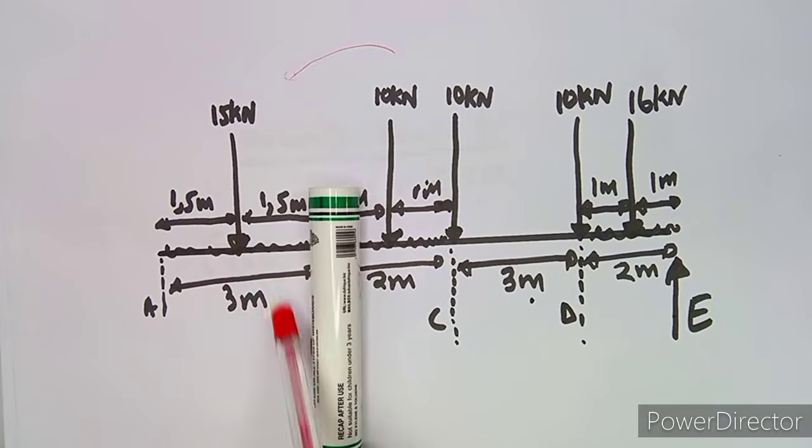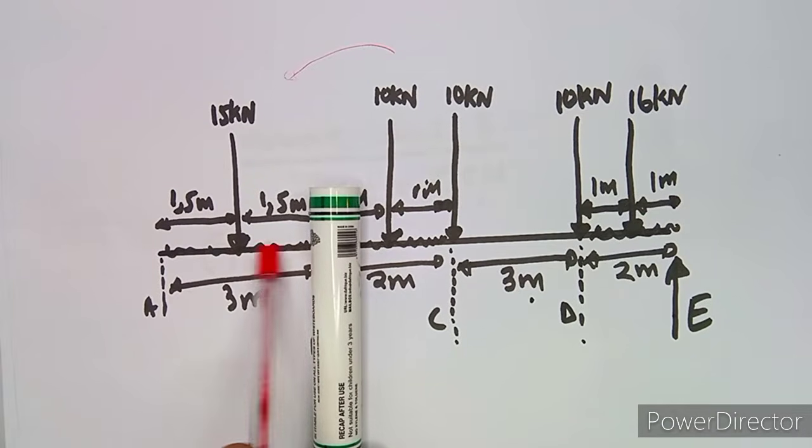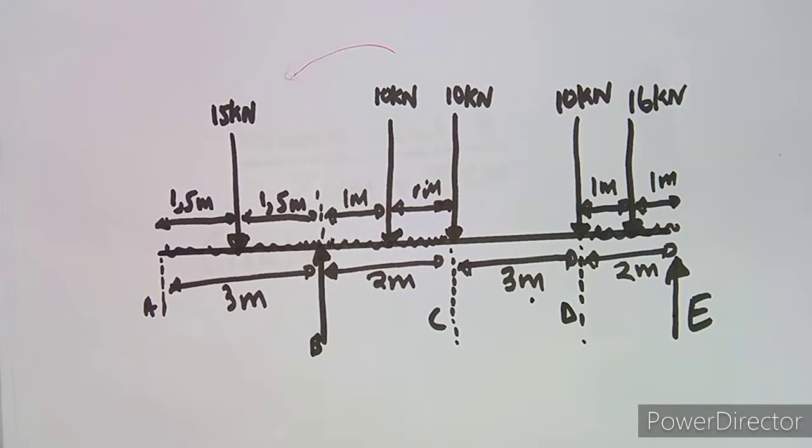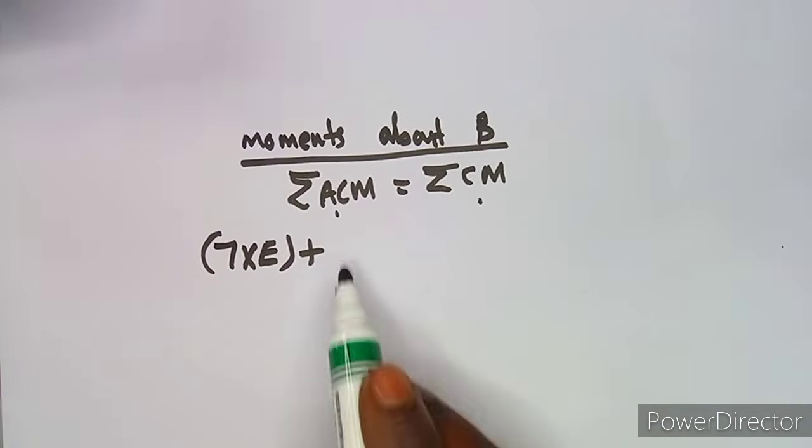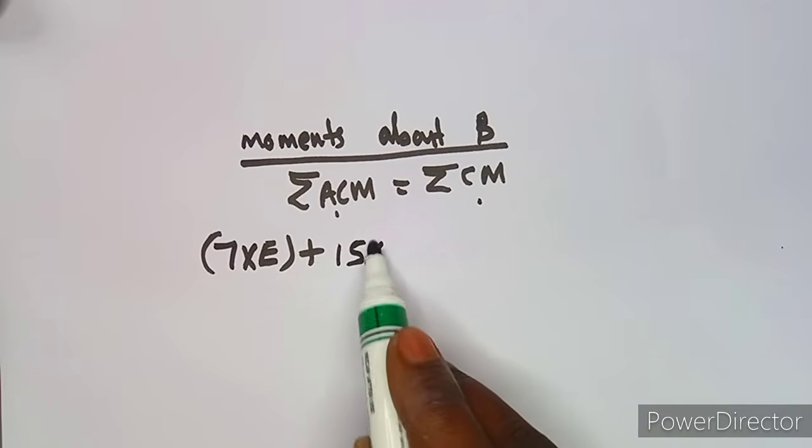To B, but 15 back to B, there's a distance of what? Of 1,5 in order for it to reach B. So it's going to be 15 times 1,5. Okay, so you've got 15 by 1,5,